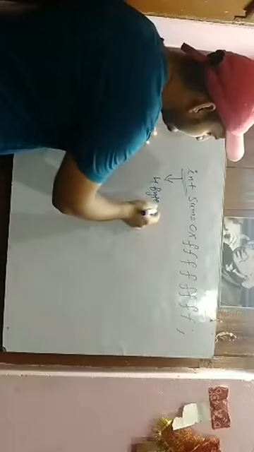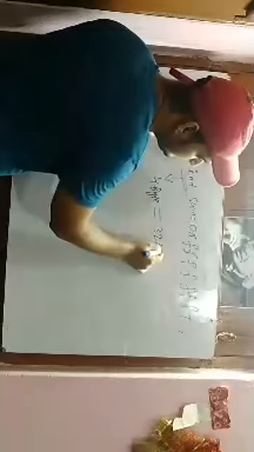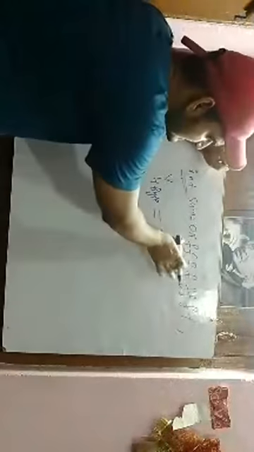So 4 bytes comprises how much? If you convert it into bits, it will be made up of 32 bits. So 4 bytes is made up of 32 bits. If you see this, there are 8 Fs, and since it is a hexadecimal representation, if you convert it into binary, how much will it sum up to?